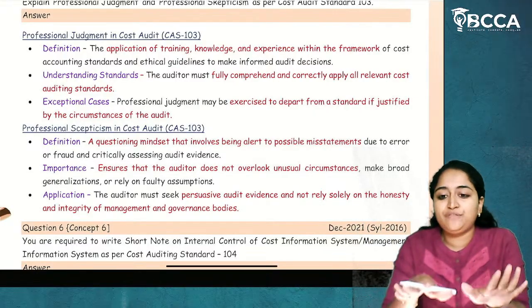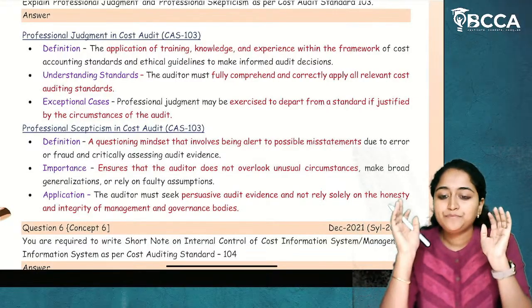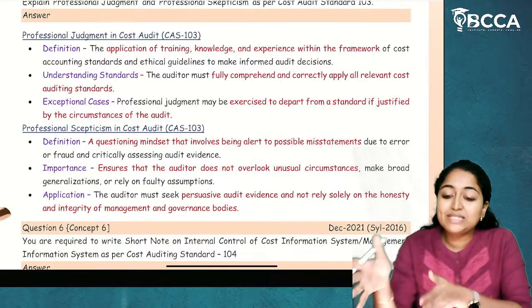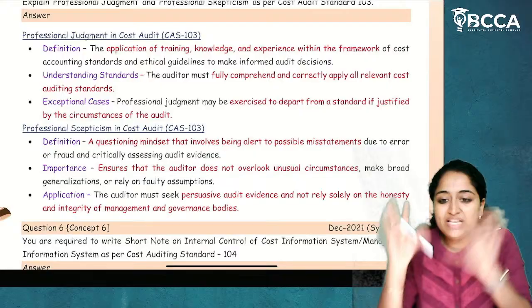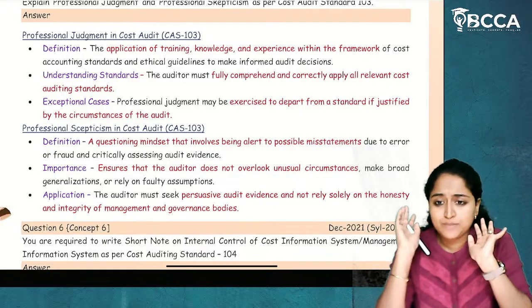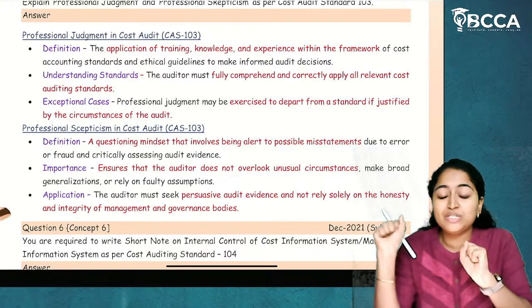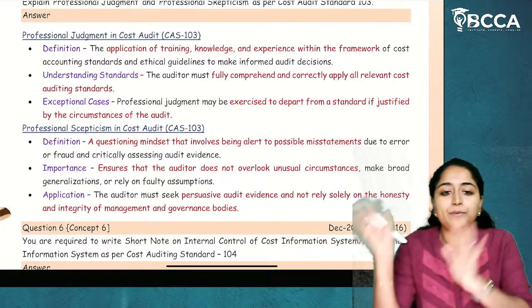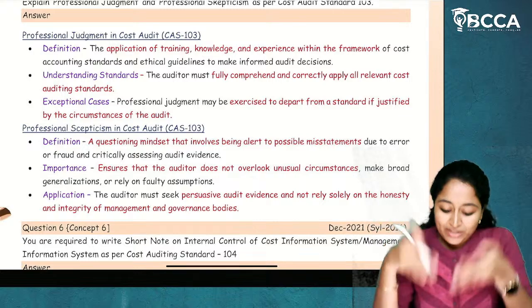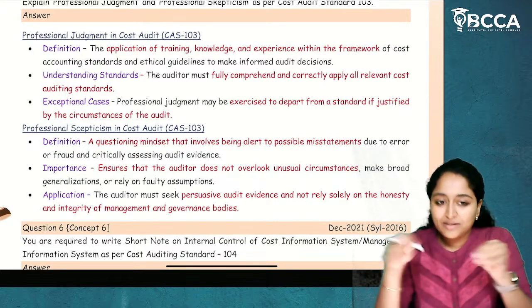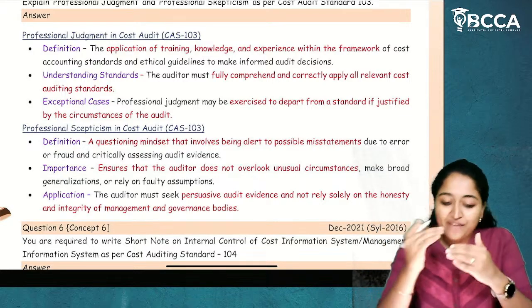Workbook answer is easy for me. Follow the workbook answer. In the concept book, if you see the concept which is given, I think the concept book lines are very easy for me to remember, so depend upon the concept book. If you think that handwritten notes are framed in an easy format, depend upon handwritten notes. Okay, clear.